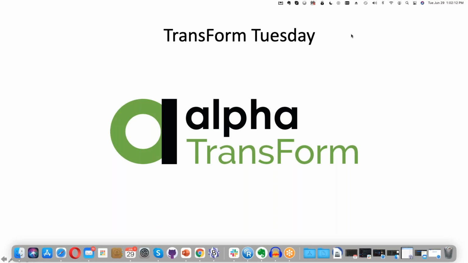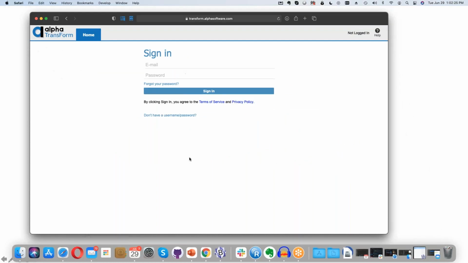So here we are at part 1 of our demo, where we were going to build a form for performing inspections of equipment in a building. Now I'm going to go ahead and open up my browser and go over to Alpha Transform. We also call this Transform Central. It's just at